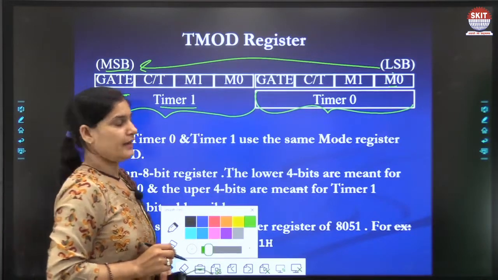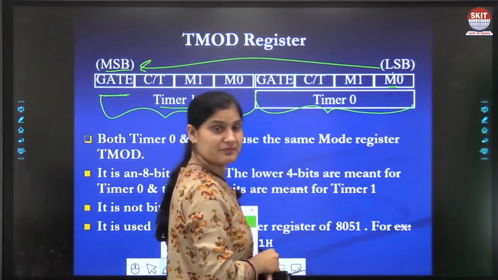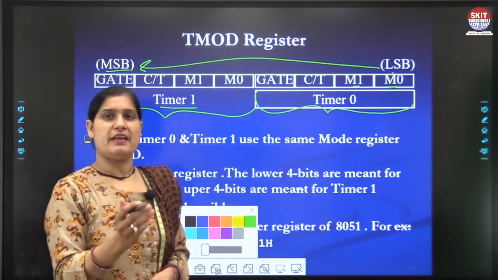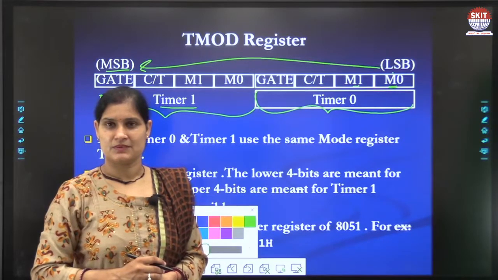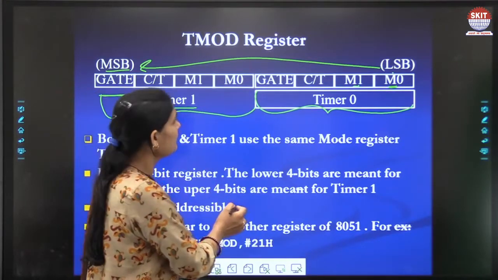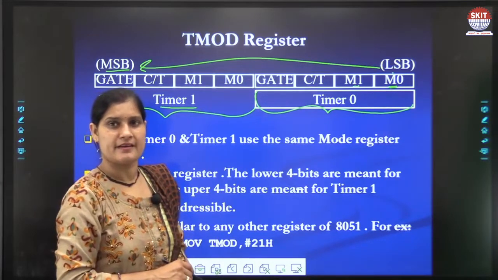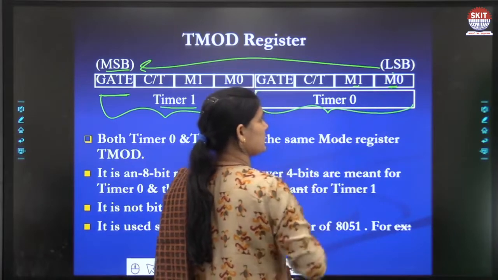The first bit of timer 0 is M0 and the second bit is M1. These M1 and M0 are mode selection bits. We will study these mode selection bits in detail in the next slide. So these are the mode selection bits for timer 0.